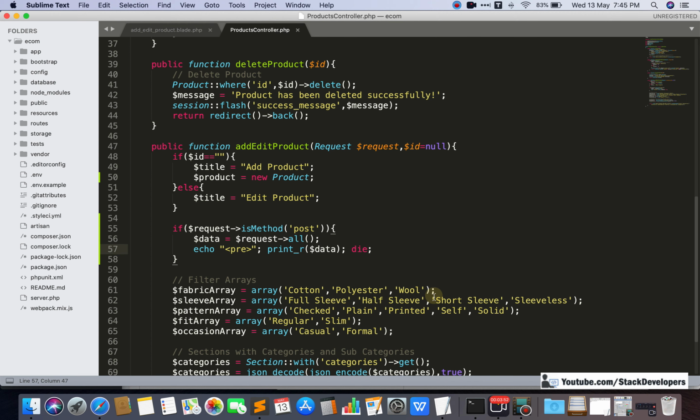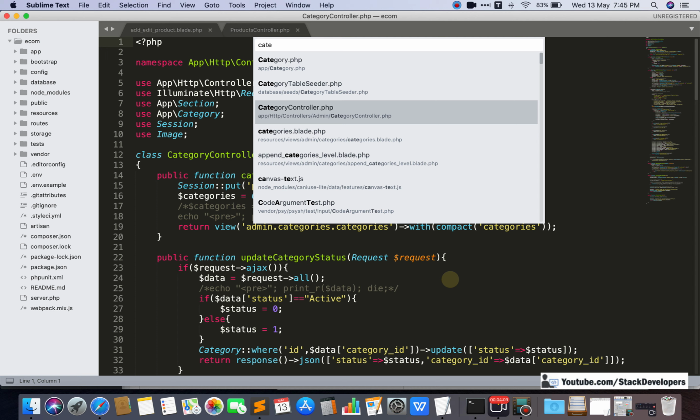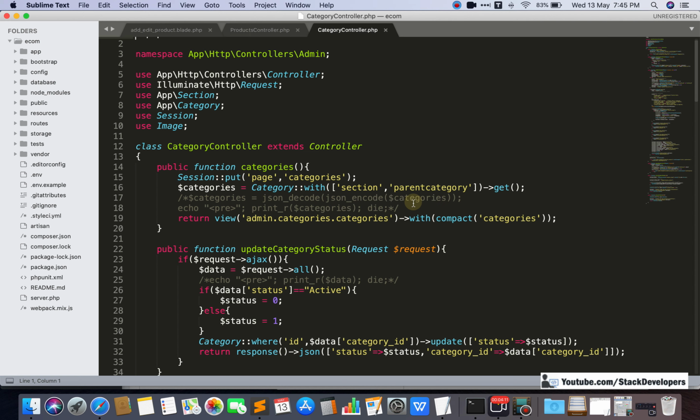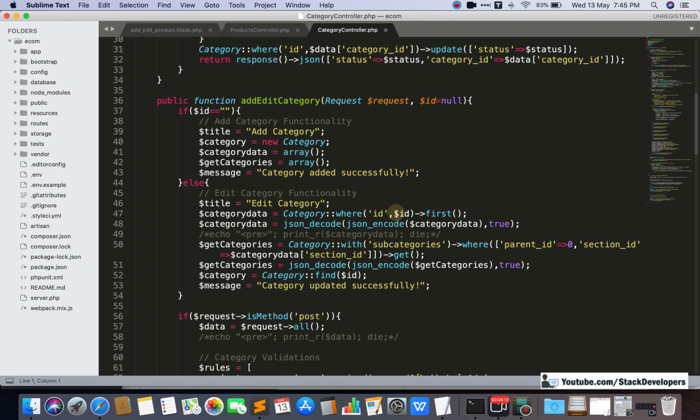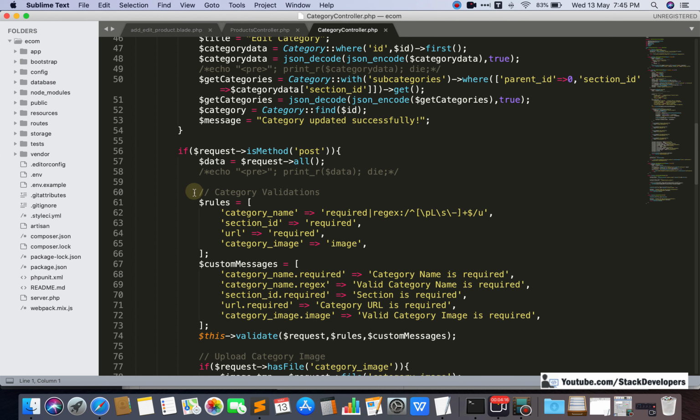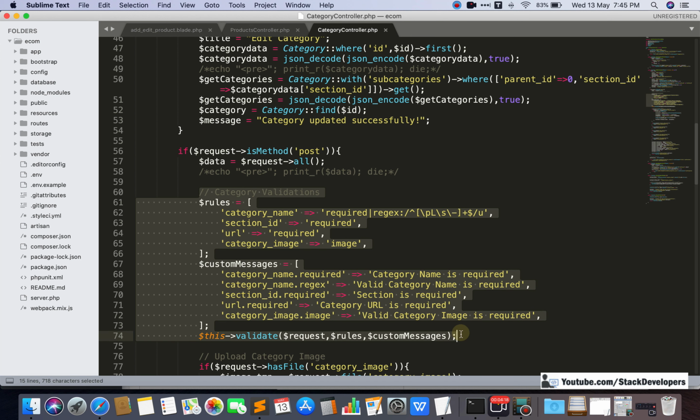We are going to add it in the same way as we added for our categories, so the same rules we can add. We can copy the validation syntax from there, because that is almost identical. Just some column names and variable names are different, which we are going to change, but the rest of the things are similar. I am going to pick this Laravel validation for categories, and we will make changes in that.